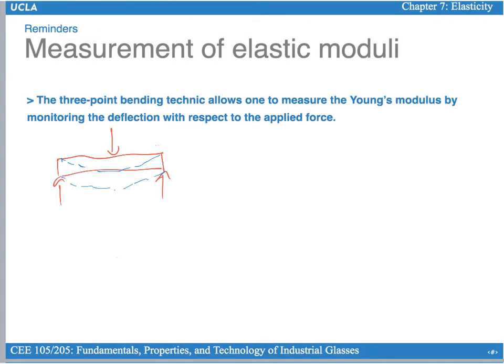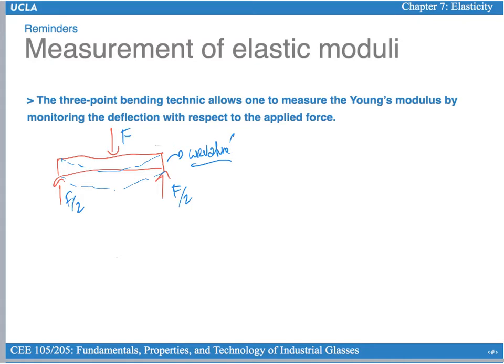And the idea is that, based on the force that you apply, the system needs to be at equilibrium, so the vertical forces need to balance each other. You apply a given force, and what you measure is the corresponding deformation, or for example, the corresponding curvature of the glass. And based on the curvature that you measure for a given force, you can back calculate the Young's modulus of the glass. Why? Because if you apply